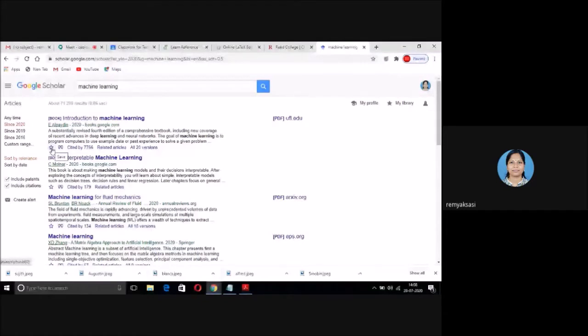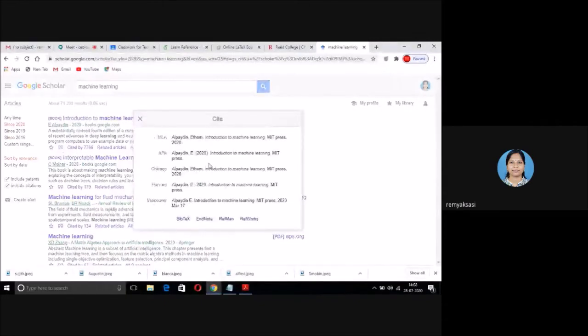Next to that, you can see another symbol. If you hover your mouse over that, you can see cite. Just click on that. Now can you see the reference format of the same is displayed. So we have different reference styles like MLA, APA, Chicago, Harvard, Vancouver. If you have sent some papers to conferences or journals, you might be familiar with all these reference styles.